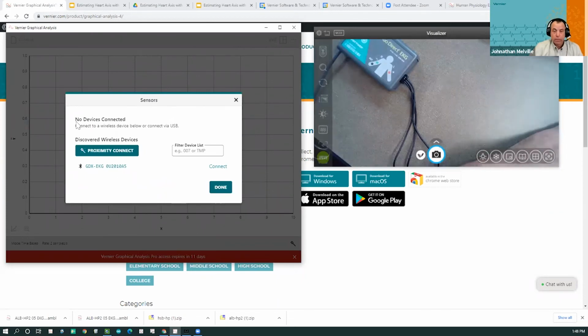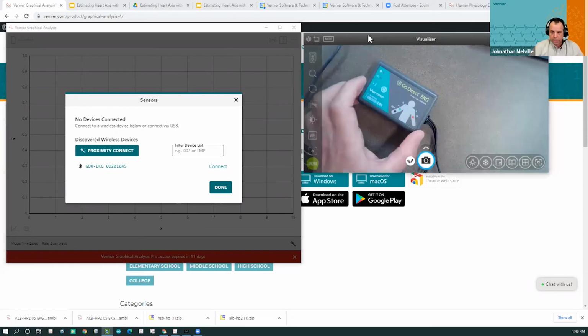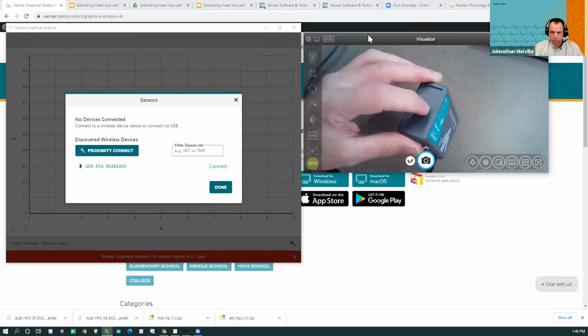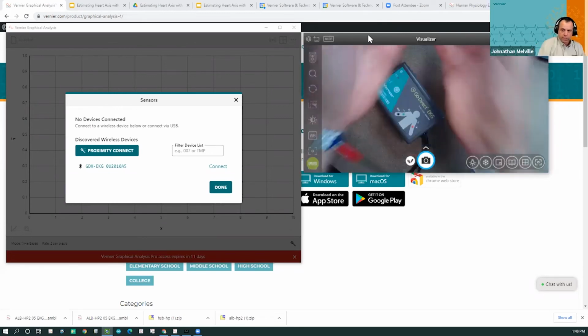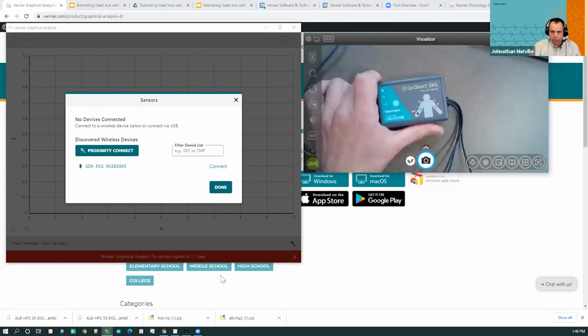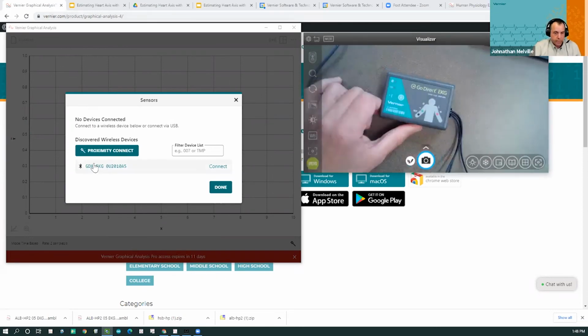It's great. So I have not plugged in, if you take a look over here, the EKG sensor is not plugged in. There's the USB port. I have not attached it to USB. It's just sitting here. The leads are attached. And what I'm going to do next is I am going to connect. So if you take a look here where it says